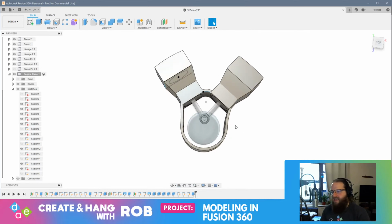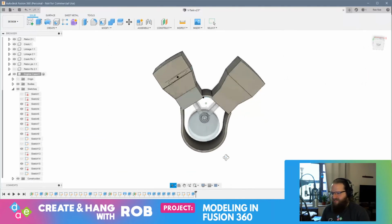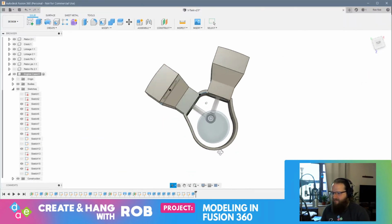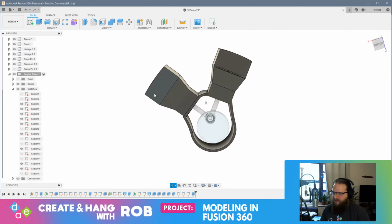All right, so obviously, you look at this V-twin and this V-twin. It's not even close to the same thing. But honestly, I don't care. I'm very, very pleased with how this is coming along. So I think what I'm going to do is...